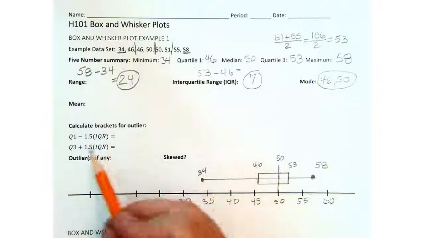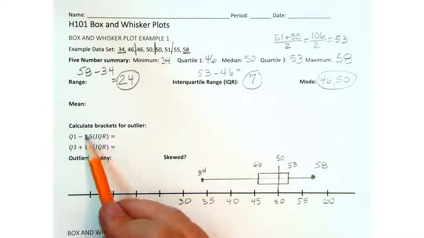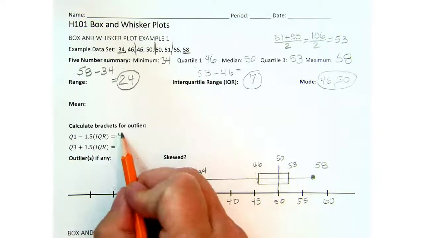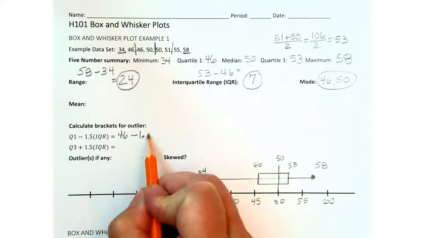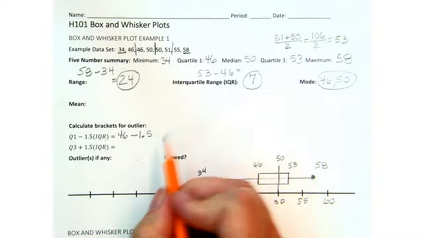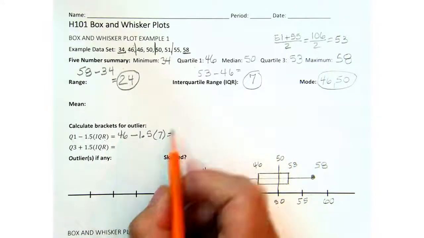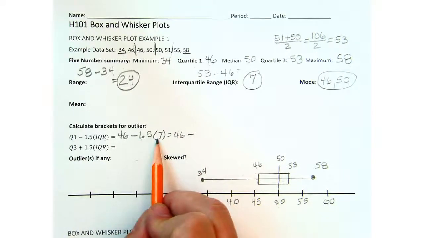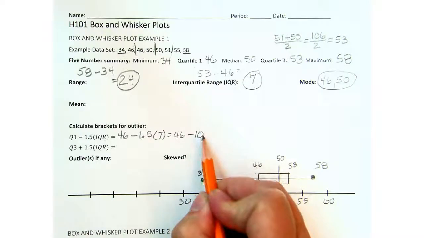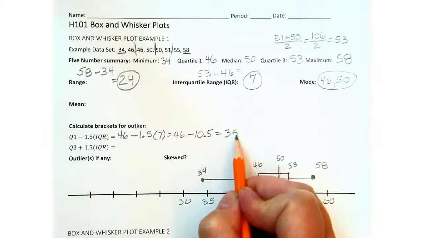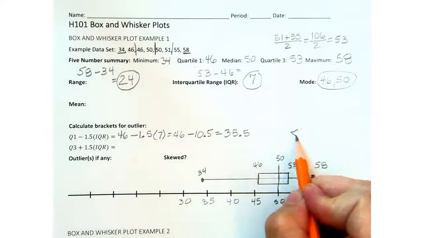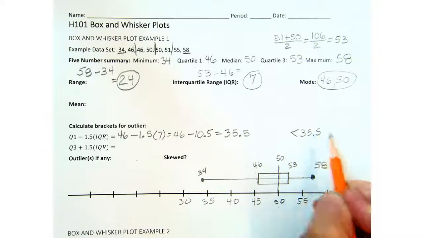The next step is to determine if there are any outliers in the data. To do this, we use the outlier formulas to find the brackets. The formula for the lower bracket is quartile 1, or 46, minus 1.5 times interquartile range, which is 7. 46 minus 1.5 times 7, which is 10.5. This gives us 35.5. To use the lower bracket, ask yourself if there is a number less than 35.5 in